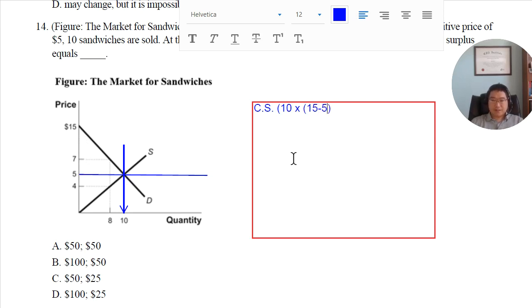15 minus 5, right? And then divided by 2. This whole thing divided by 2, because it's an area of a triangle, and 10 is my base, the height is 15 minus 5. That's consumer surplus. Then